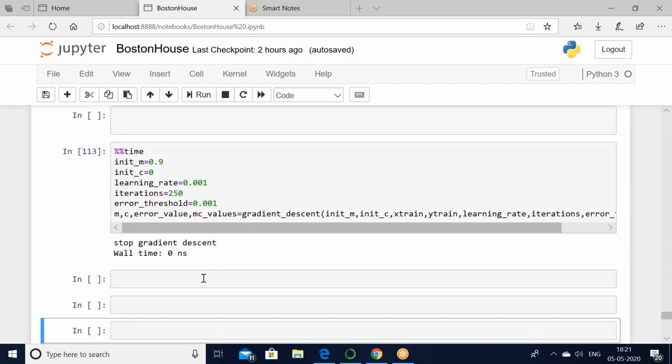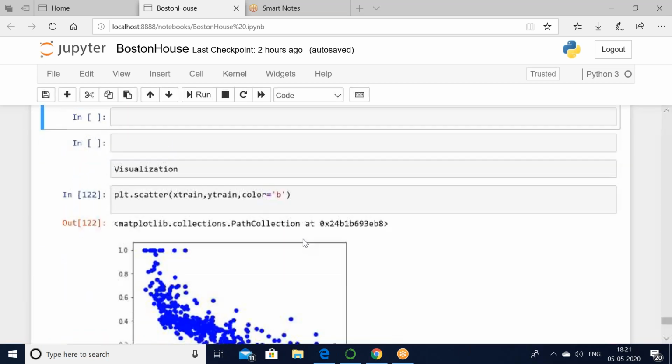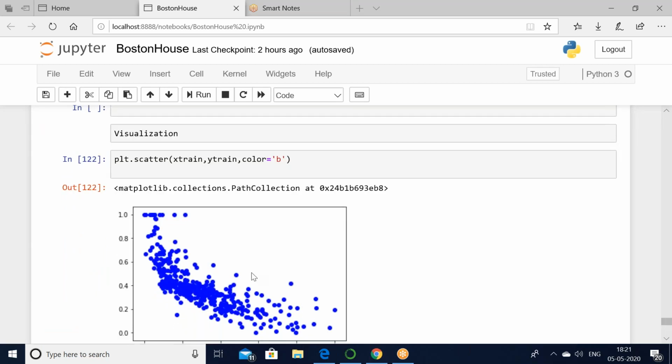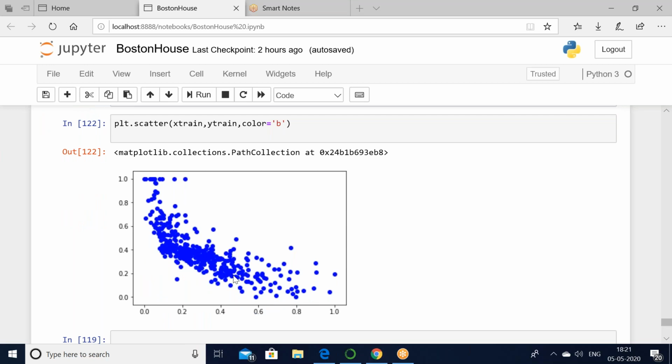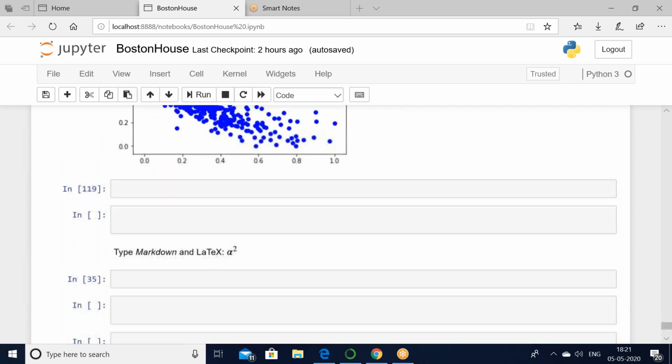In the gradient descent function, you choose the slope value m and the intercept value, and apply them to x train and y train. For visualization, the x train and y train values are the given data points present within your data set. Okay, thank you.